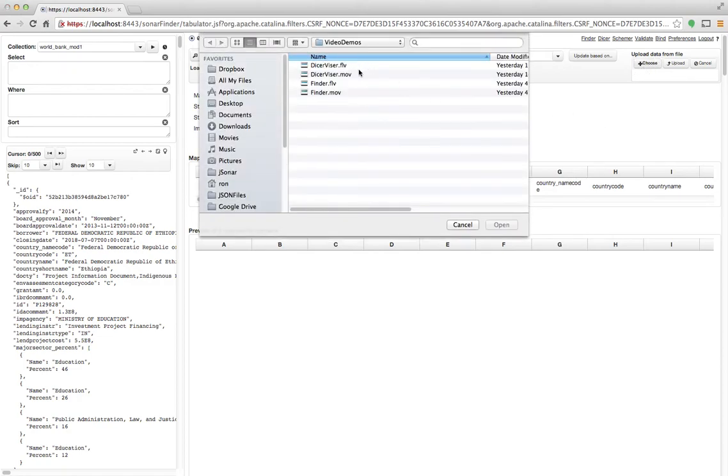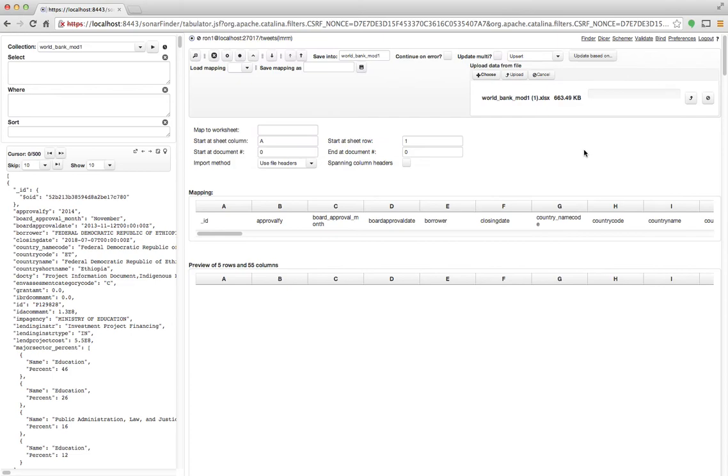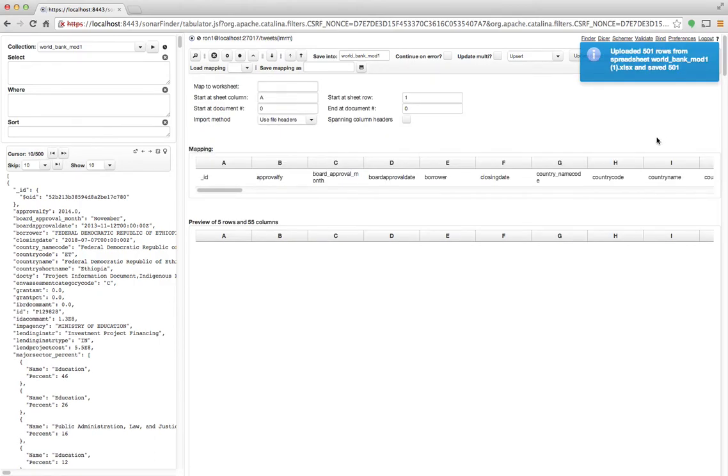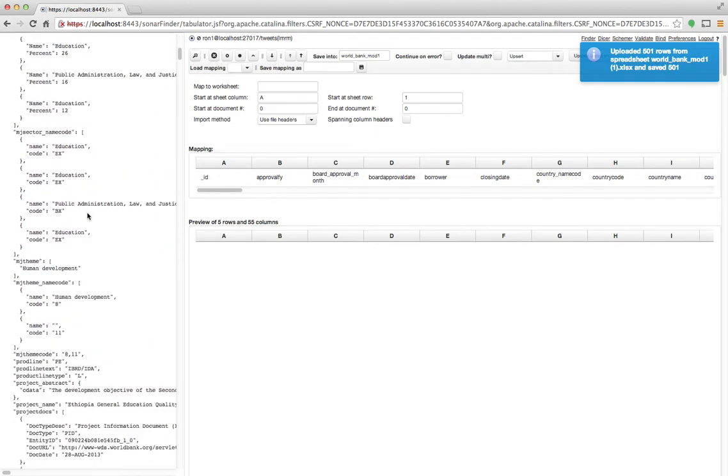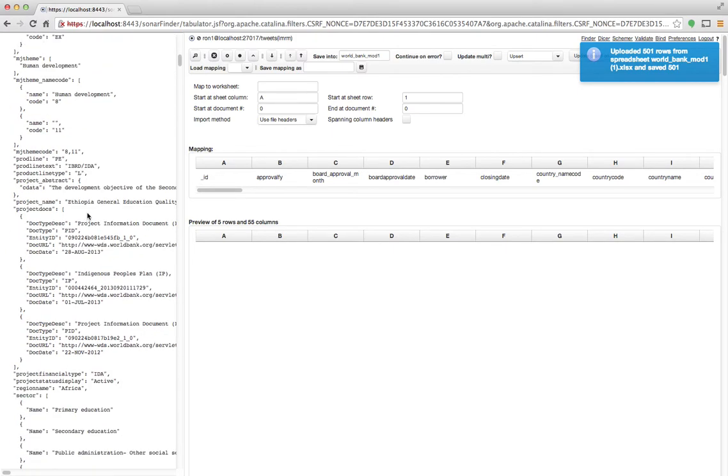So I'll choose the spreadsheet, and I'll upload. And when it's done, what will happen here, it updated the document. So for example, 2014 is now a number. It's no longer a string. If I go to the next document down,